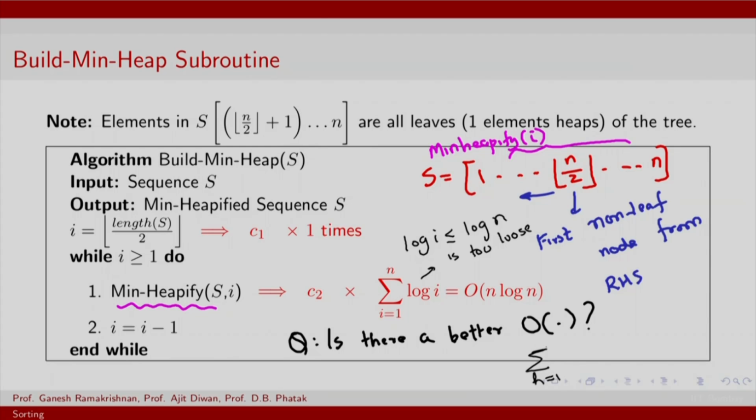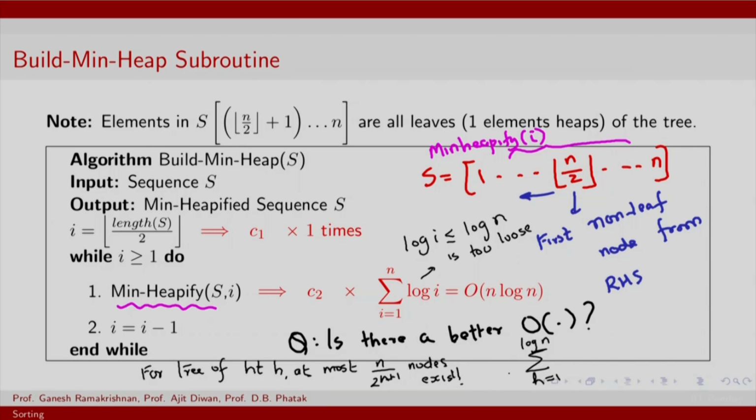The height can go from 1 to log of n, and what we find is this height can repeat for multiple examples. In fact, for a tree of height h, at most n by 2 raised to h plus 1 nodes exist,